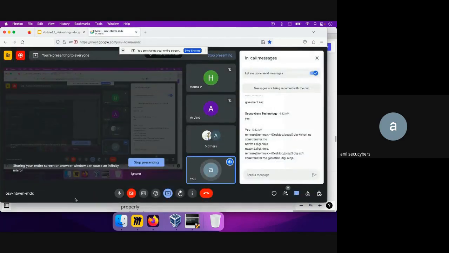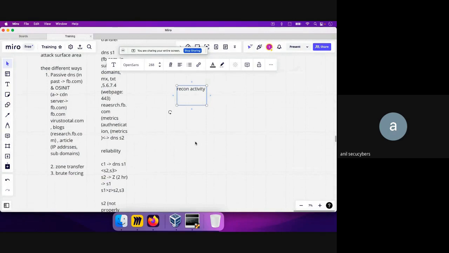Okay, guys, now let's resume our discussion on detecting recon activity. So, okay. So let me just quickly grab my notes just to not forget about what all things to discuss. And okay, now the thing is how we can do that is the first thing.